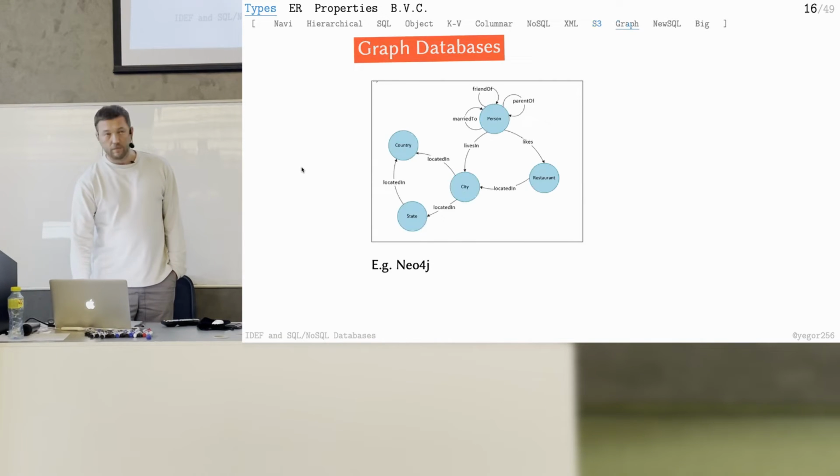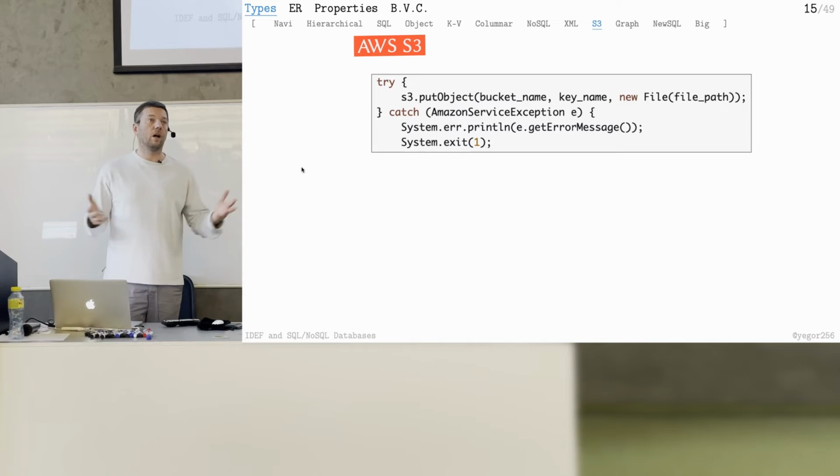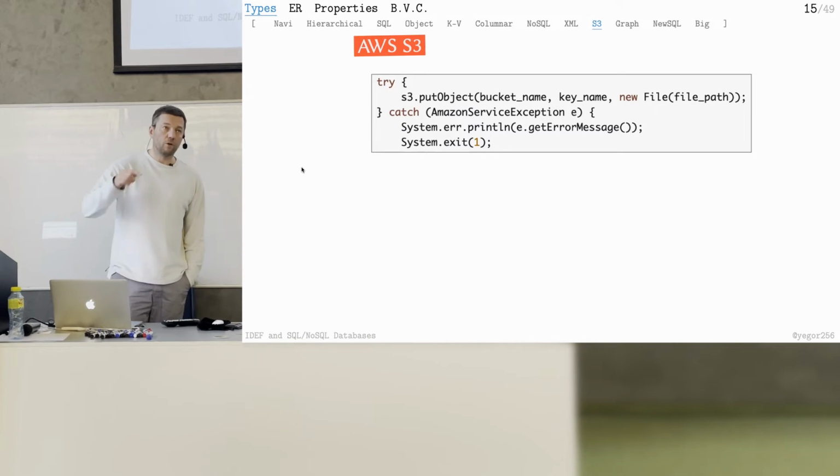So the standard policy is that Amazon takes money for each query? Yeah, Amazon charges you for each query, it charges you for traffic, it charges you for the size of the objects you store there, everything. But it's so small that if you put 1,000 objects there, you're going to pay like $2 a month, or maybe $1 a month. So it's extremely cheap. Of course, if you store gigabytes of data there and you request them every millisecond, then you're going to pay a lot. But it's still cheaper than your own solution, that's for sure.